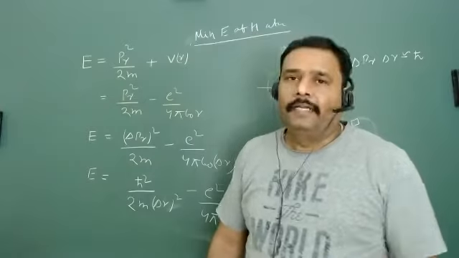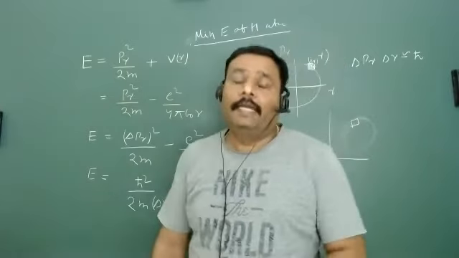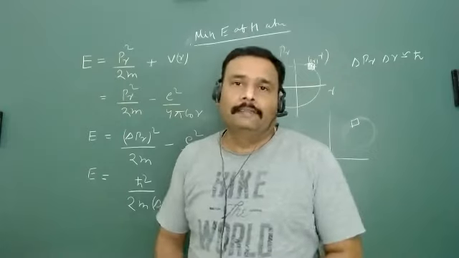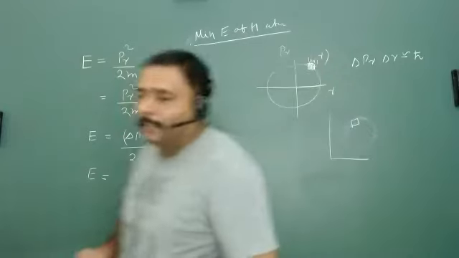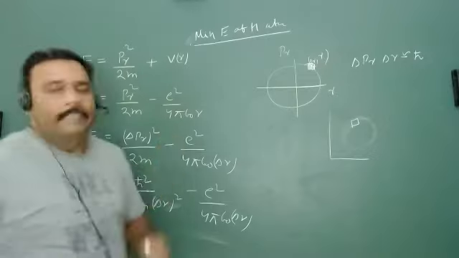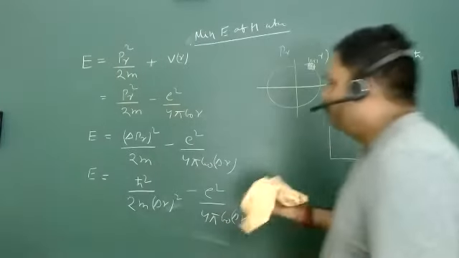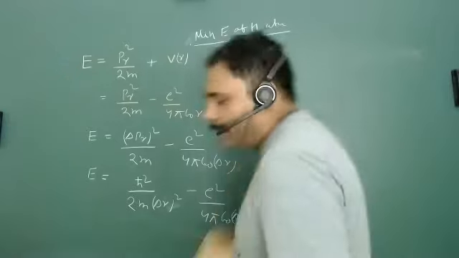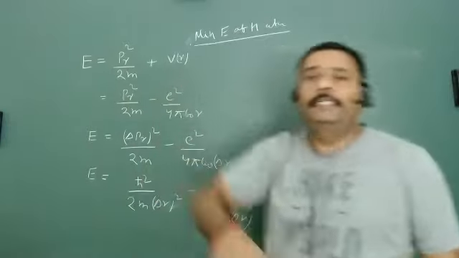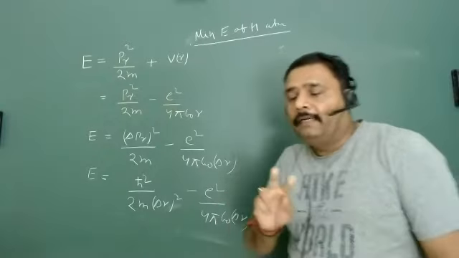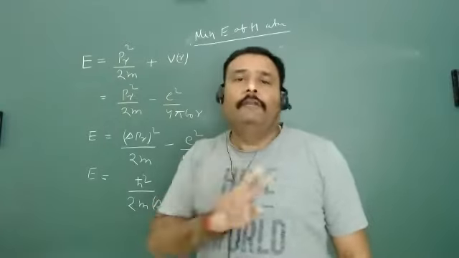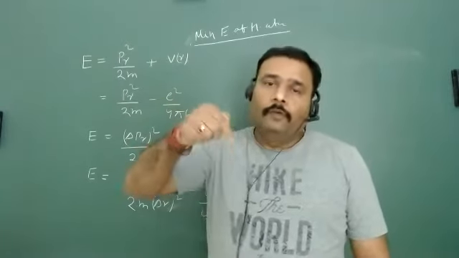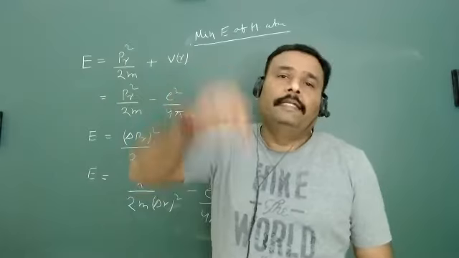Let's try to find it. What is that particular value of delta R? You will be surprised when we get the answer. Why am I doing this calculation here? Because you know the actual answer from another form. So let's calculate the value of delta R for which energy is minimum. Please mind it, we can take any value of delta R, but we want to know for which value of delta R energy is minimum.